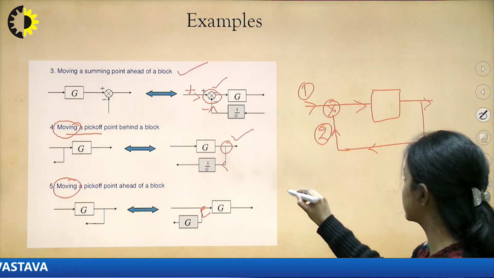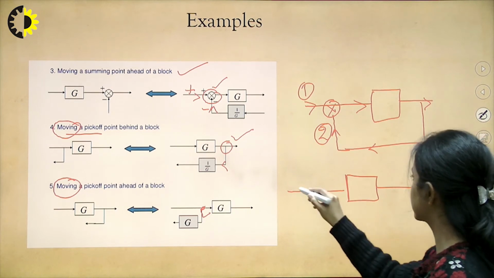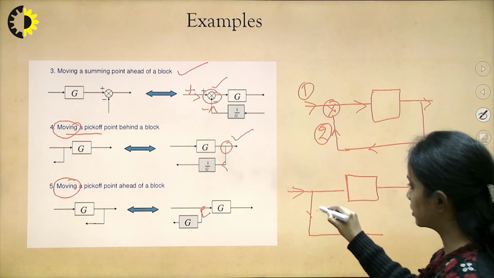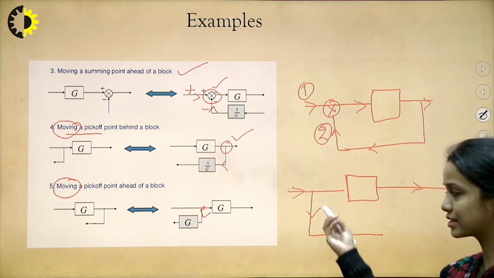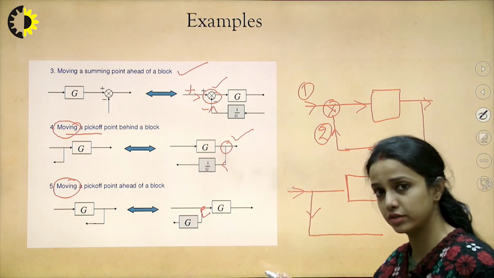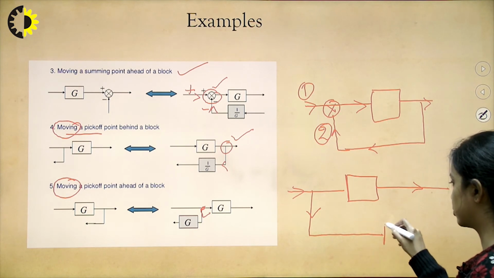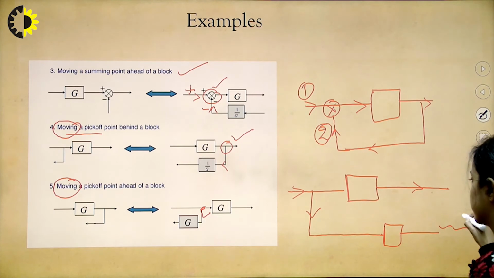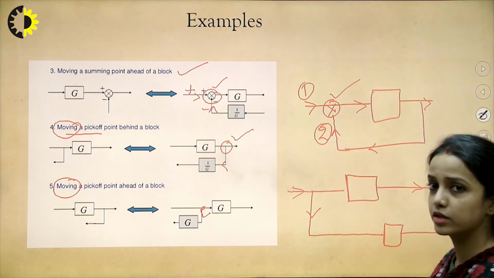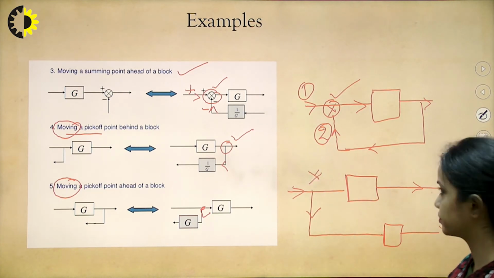Now let us consider a case in which we would not need a summing point. I am going to take a replica of the signal, I am going to extract a replica. I am just taking off the value, just picking off the value. So, I do not need a summing point here. I will straight away take the signal, pass it to a different block diagram, and do whatever I want. So, here I of course need a summing point, and here I do not need a summing point. Here it is a takeoff point.